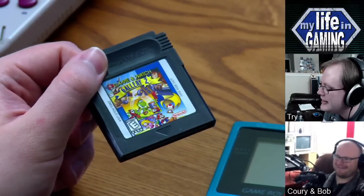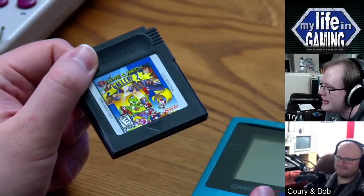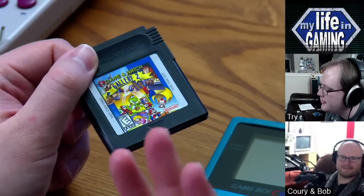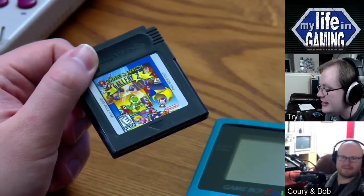But yeah, it really is. If you put the Game Boy Color and the GBA side by side, the colors are just so much brighter. They really stand out much more on the Game Boy Color. And the fact that it has no ghosting, I remember